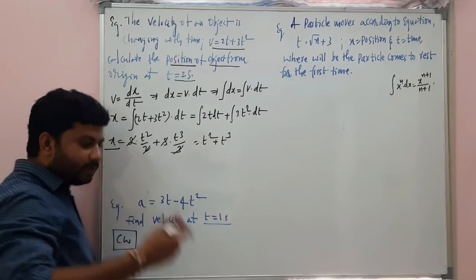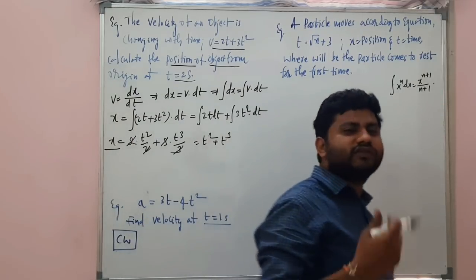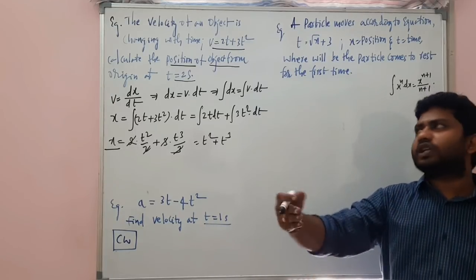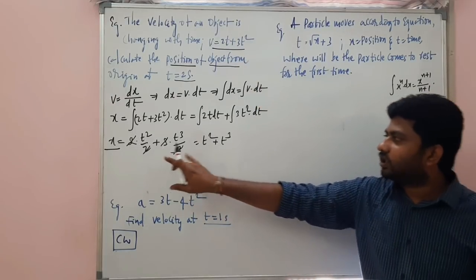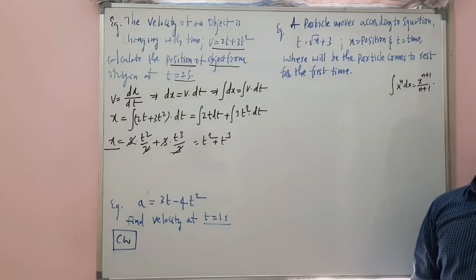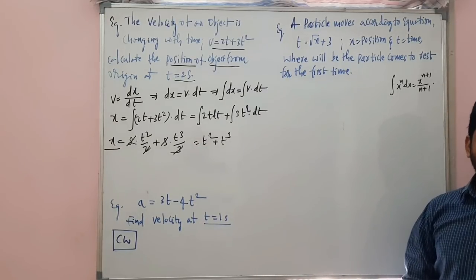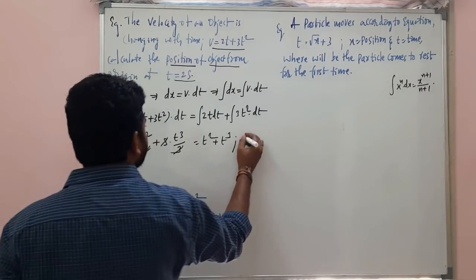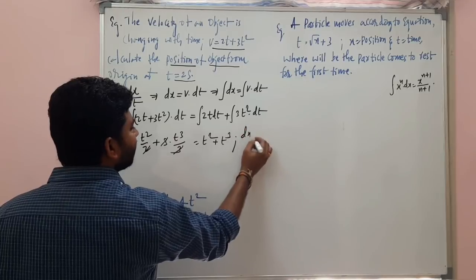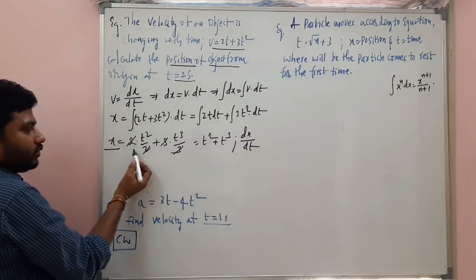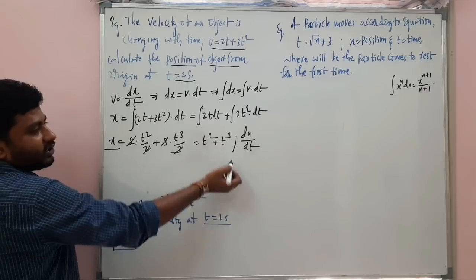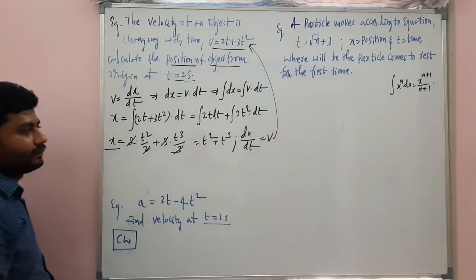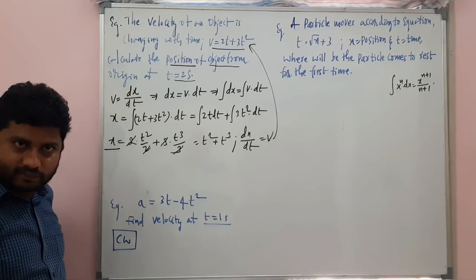When the velocity is depending on time, definitely its position also will be depending on time. As the velocity changes with time, position also will be changing with time. So that's what, the position, velocity we have got. Now, whether your answer is correct or not, if you want to check, you do dx by dt. Dx by dt means what? See, x is a function of time. Dx by dt you get velocity. That velocity will definitely be equal to this. You got it?